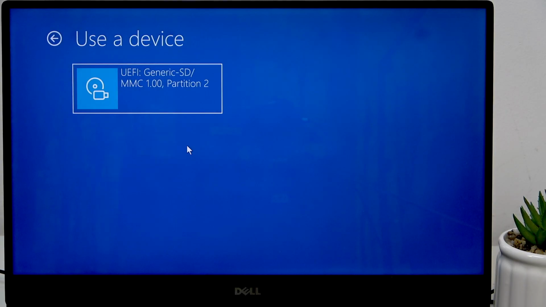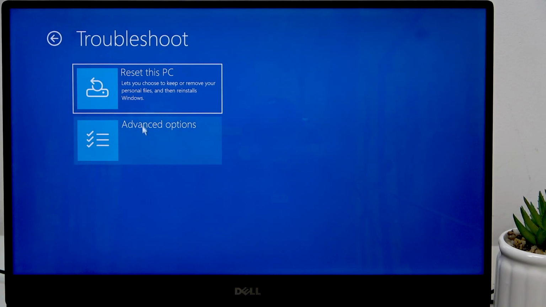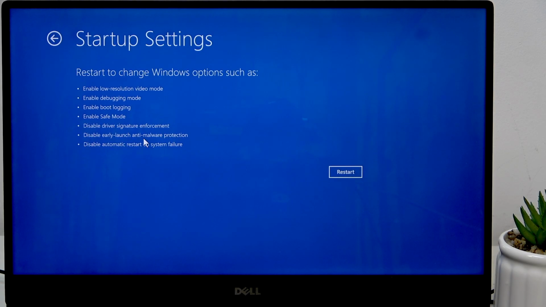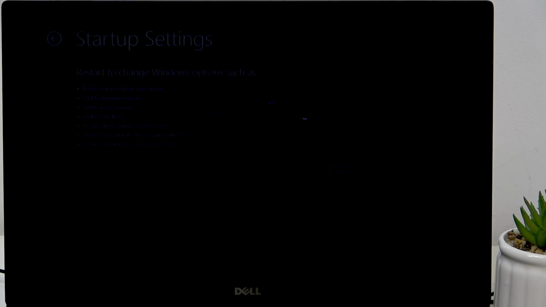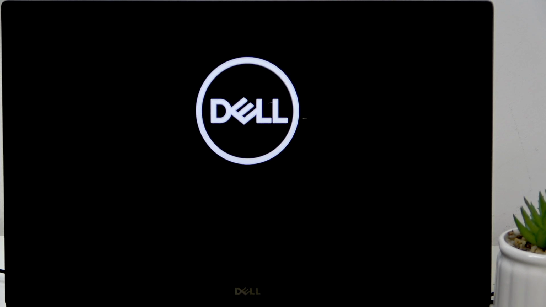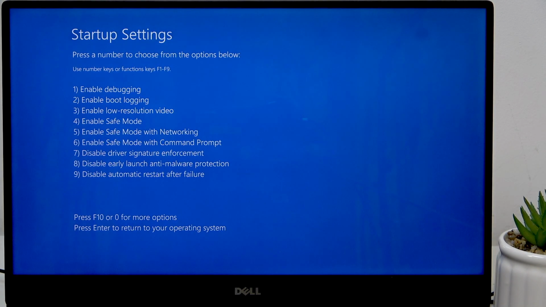Now I'm gonna try to lock it with BitLocker. So I'm gonna go advanced options, startup options, restart. And if it locks me with BitLocker, then I will need to unlock it. So we'll see about that. And it did not, but in case it did, then you'll have a field to enter the recovery key,